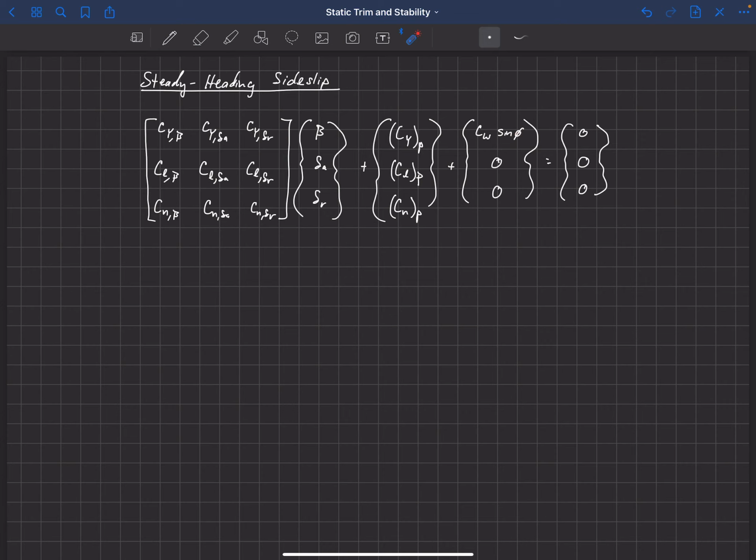And one of the most common cases is what's called the steady heading side slip. So steady heading side slip is a time when beta is going to be specified, and we're going to need to solve for delta A, delta R, and phi to solve these equations. So when would be a flight scenario when beta is specified, when we really don't have any choice about beta? Well, that's going to happen when we need to keep our heading. We want to have a steady heading, so we don't want to change our heading, and there may be some cross flow or crosswind to that heading, and so that's creating some side slip.